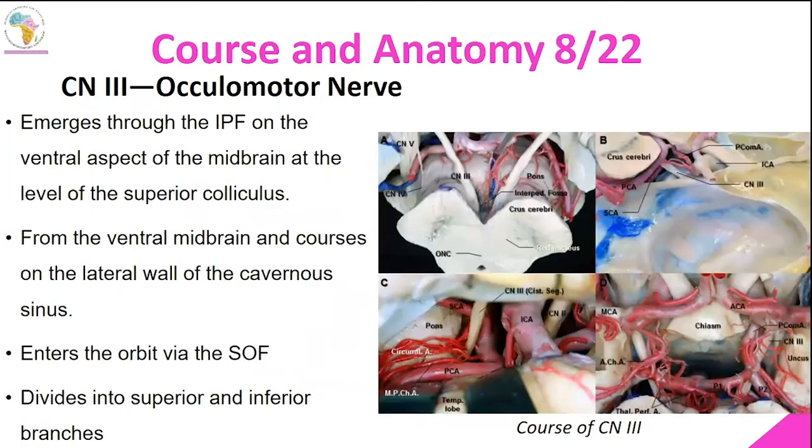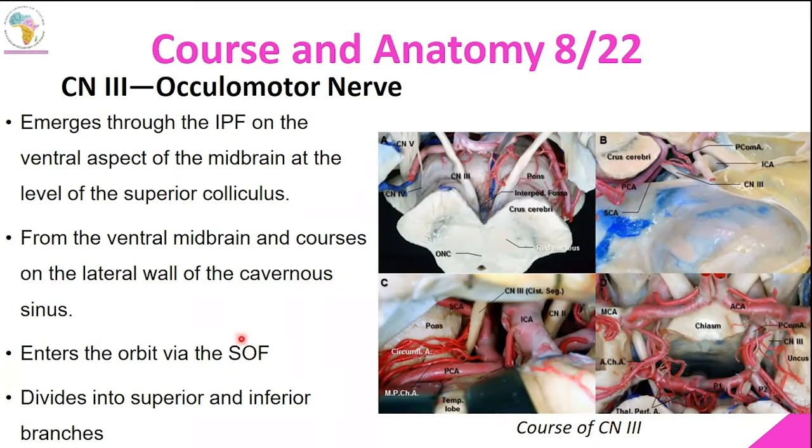So moving forward, we have the third cranial nerve, which is the oculomotor nerve. This nerve is primarily motor, though it has a parasympathetic division to it. It emerges from the interpeduncular fossa, which is just an area in the midbrain. So what you're looking at here is the midbrain, and this right here is the interpeduncular fossa. These are the third cranial nerves, the oculomotor nerves, projecting right from the interpeduncular fossa towards the superior orbital fissure